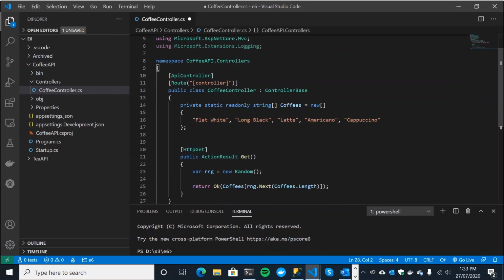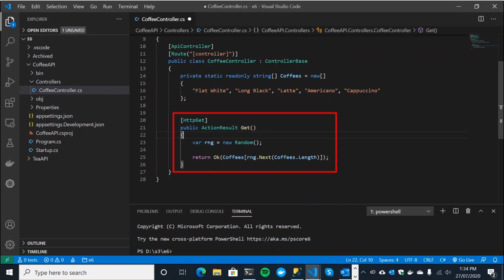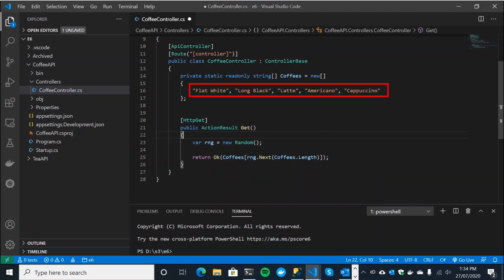We've got some using statements, the correct namespace. We have our coffee controller class called CoffeeController, and it inherits from ControllerBase. It's decorated with the ApiController attribute, which gives us some out-of-the-box stuff that we won't really be using today, but we'll keep it in as it's good practice. And then our route is just using this dynamic route, which will be coffee at the end of the day. It just lifts the name of our controller out and uses that as the route. We then have one get action, and all that does is take a string and return a random one of these strings. That's pretty much it, using the Random function here.